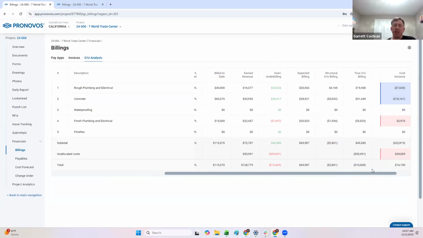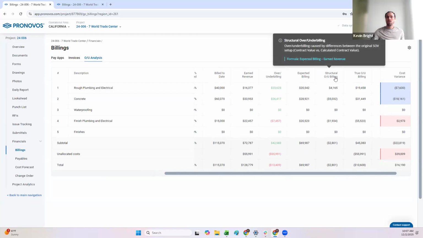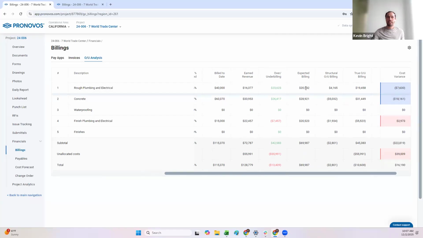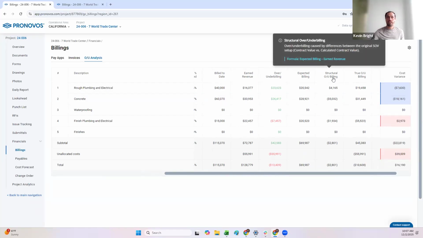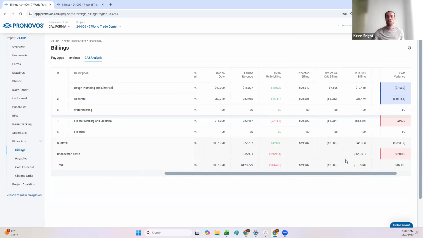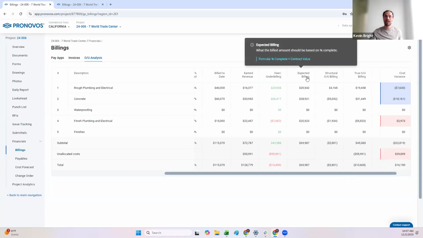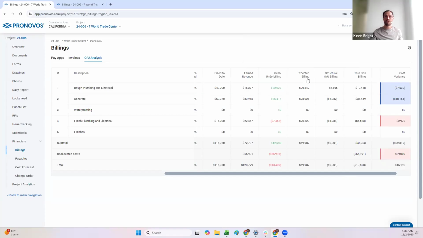Understood. Now, what is the structural overbilling? Yep. So this structural overbilling. Now that I have my expected billing, what I can basically deduct out of it is my earned revenue. So basically what this is telling me is what is my overbilling purely based on how I set up my schedule of values. So I can take my expected billing of $20,542 and I can deduct the earned revenue,